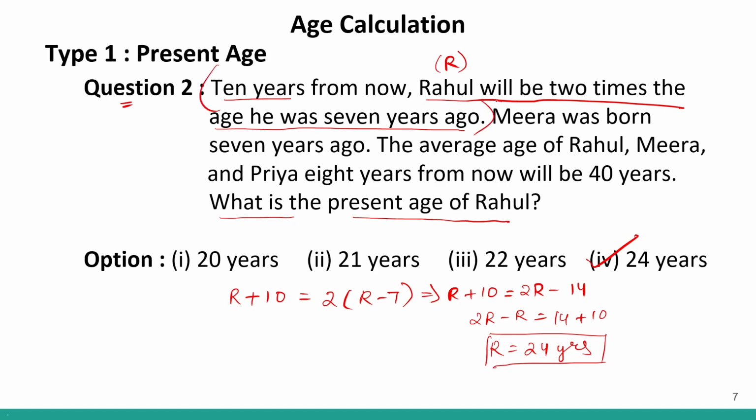So this much information from Meera to 40 years. This much information is redundant. If you see this question in exam, do not solve for Meera and for Priya. You're not required to. Just from first statement you can get the answer. Clear? So these kind of questions you can also see in your exams where the examiner tries to trick you, but we have to play smart and we have to save the time.